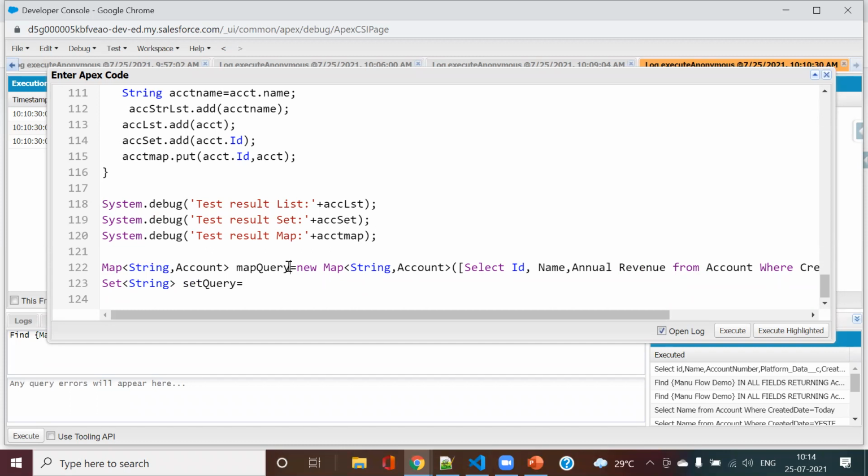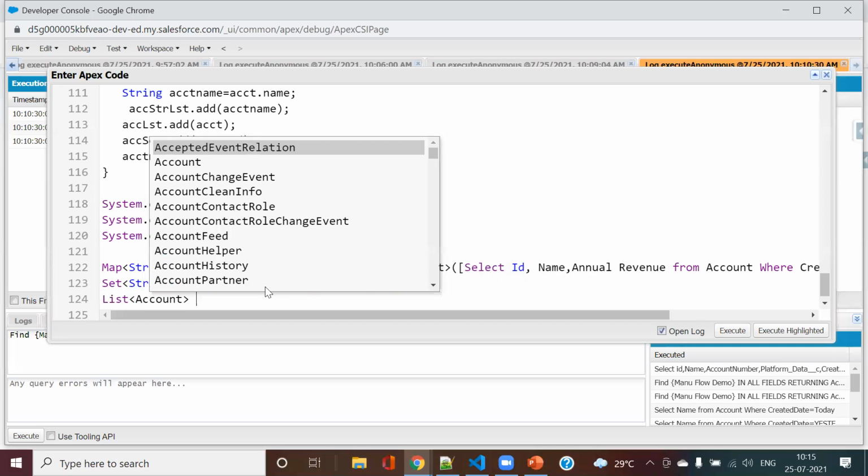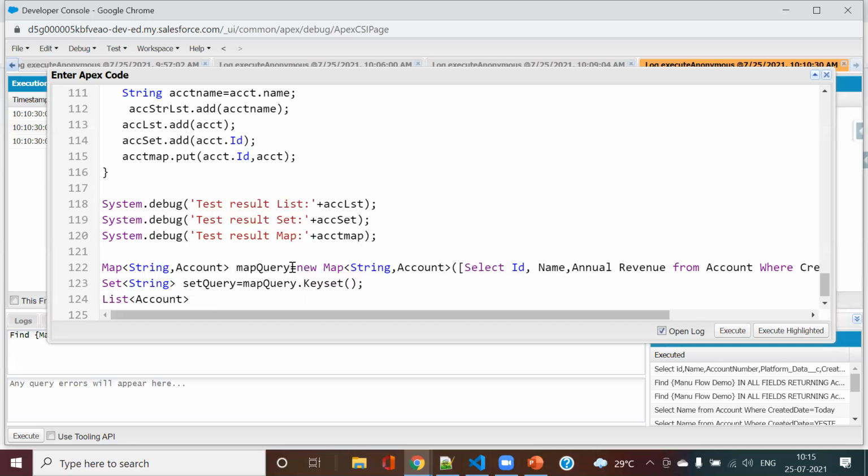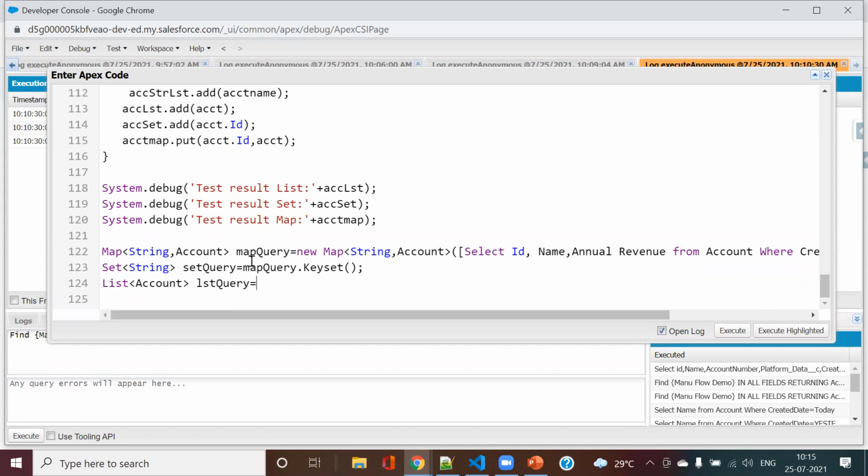Currently, I will do it directly just to show you the example. I will have this keySet. Now I will have my list of account also. On the map, I will use one more method, that is values.